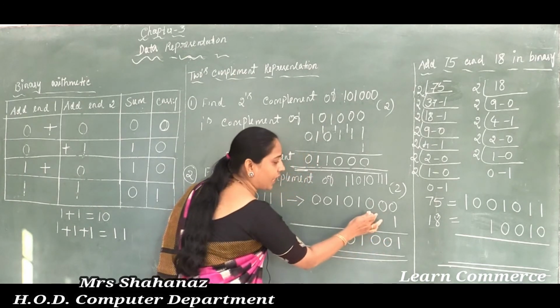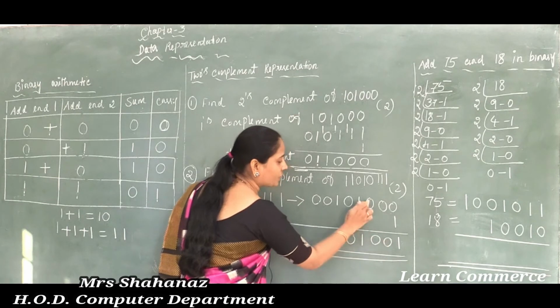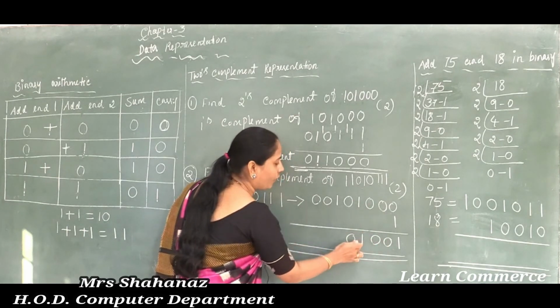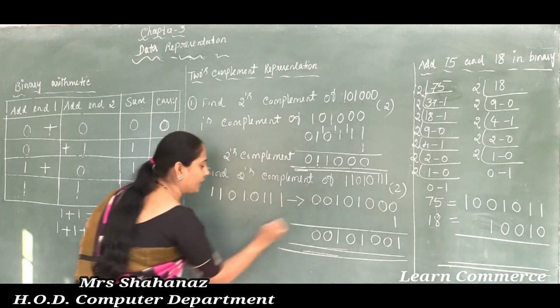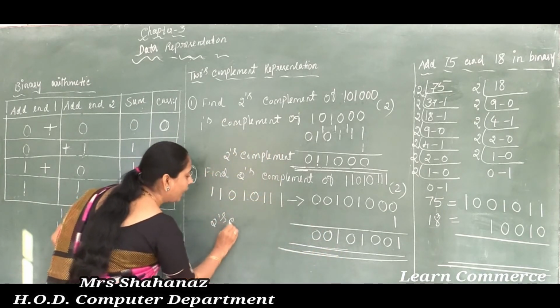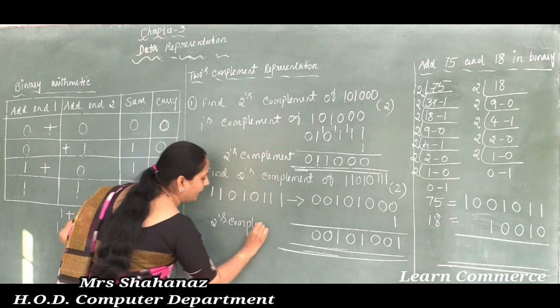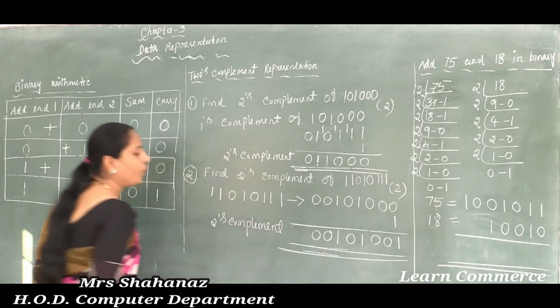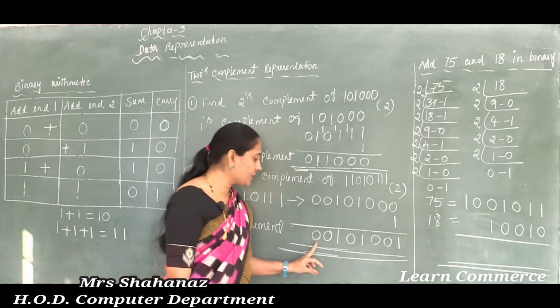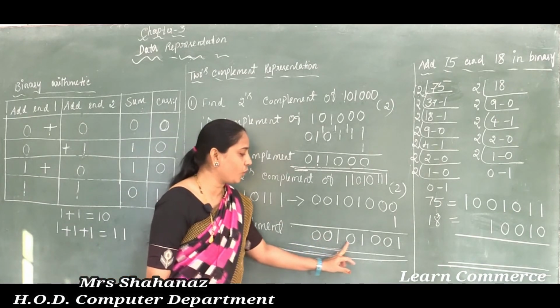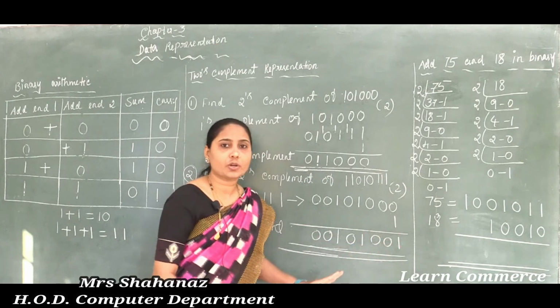So as it is I am going to write 0 0 0 0 value, 1 1 0 and 1, and later 0 0. So like that, we can say that this is the answer of the 2's complement of the binary number. Clear this one? So okay, the answer of the 2's complement is 0 0 1 0 1 0 0 1. So clear this point here?